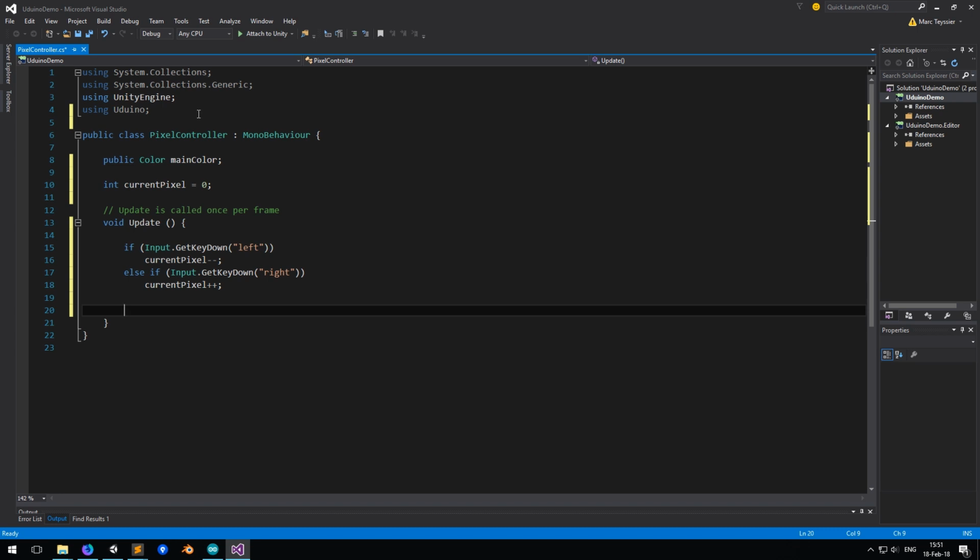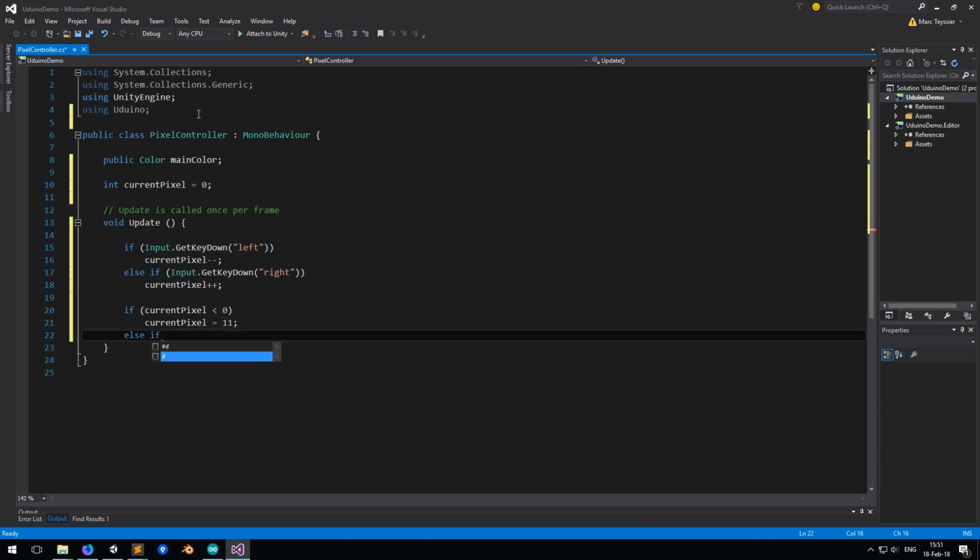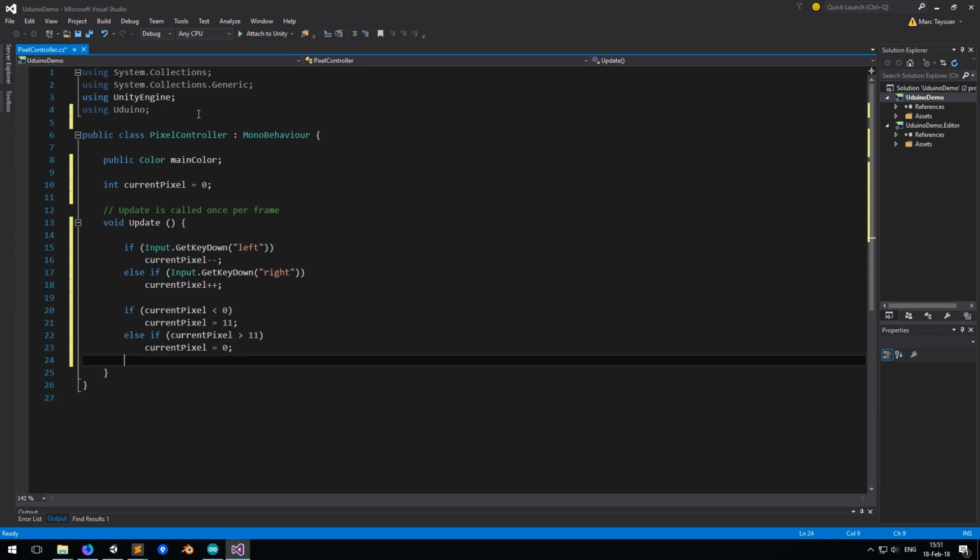To make the loop, we can check the condition if currentPixel equals 0, it's at the far left, then it goes to the maximum right, so it goes to the 11th position. Else if the currentPixel equals 11, so if it's at the maximum right, it goes back to the position 0.